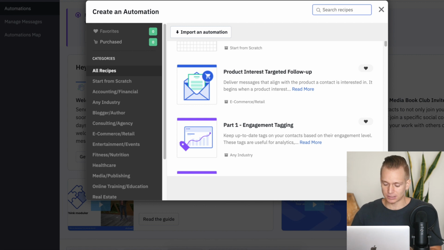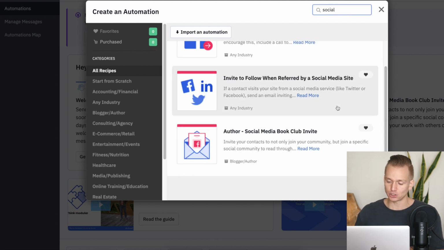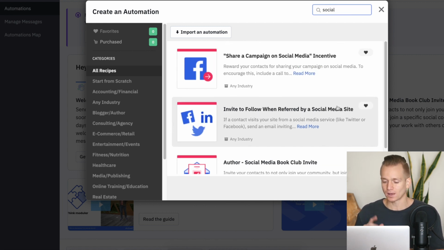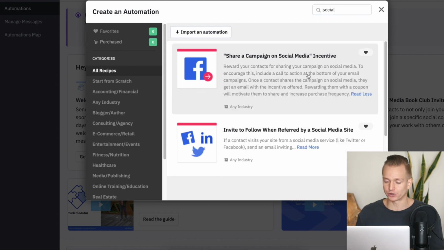But just to give you an example of how you can actually use this and how this is different, for example, they have this automation here to encourage someone to share your content on social media. So basically, let's say you send out an email where you have a call to action to share your content or whatever it is on social media.